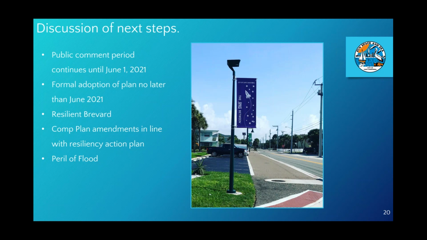Resilient Brevard seeks to identify coastal vulnerabilities and provide local policy recommendations to minimize and mitigate the effects of flooding, storm surge, and sea level rise. The project launched by Brevard County and the East Central Florida Regional Planning Council is focused on 5 general areas: economic resilience, public services and safety, resilient development, public health and equity, and resilient and nature-based practices.